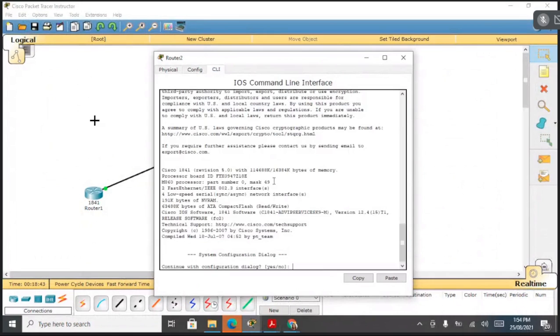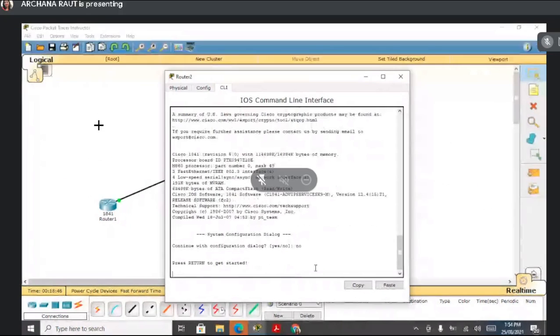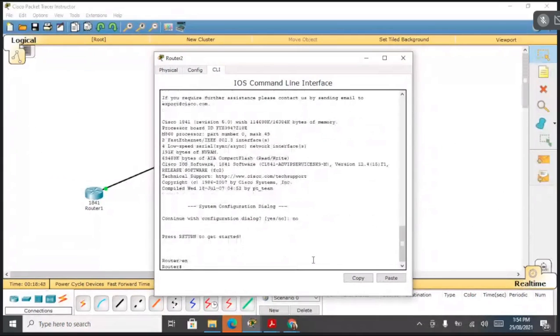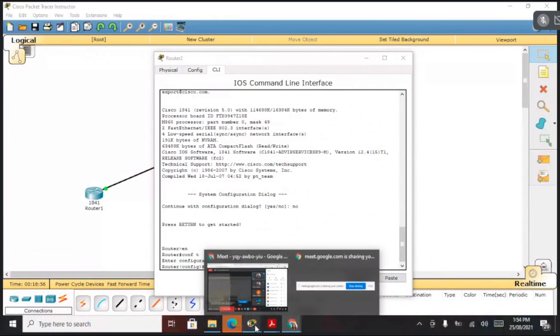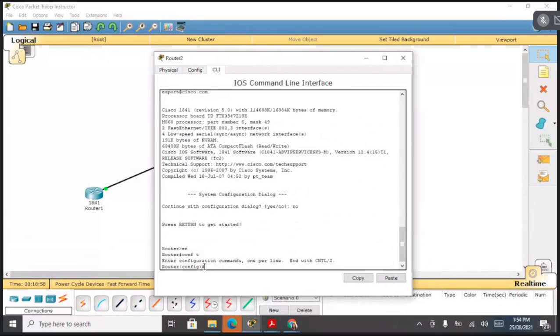Now just go to the next R2, CLI, no, enable it, config mode, then now on this again loopback, interface loopback 0.